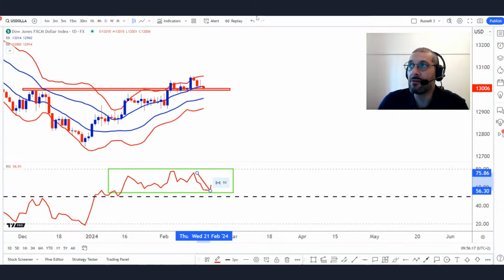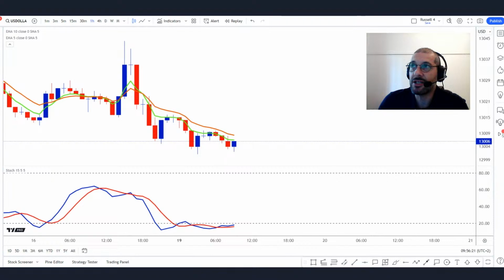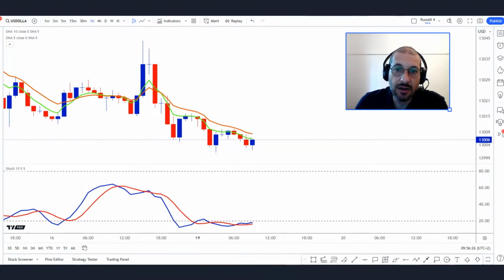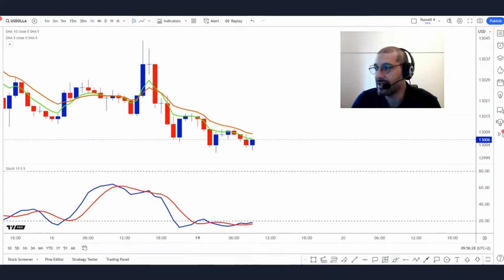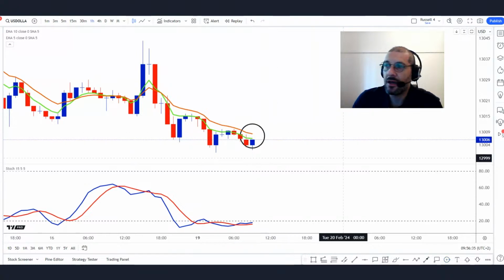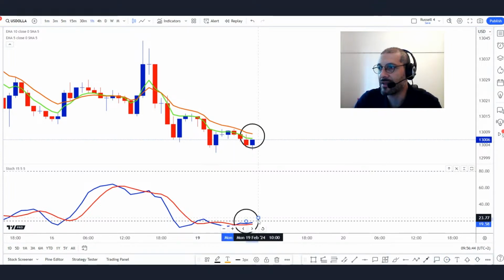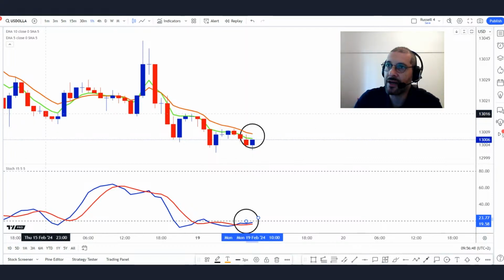So we'd go down to the hourly chart, and on the hourly chart we would see if there is going to be some sort of signal. What are our signals? Well, the signals are triggers. We call this a dual trigger system. So we would need to see the EMAs tick up. We would need to see the stochastic tick up. The stochastic has ticked up. We just need to see the EMA cross over.